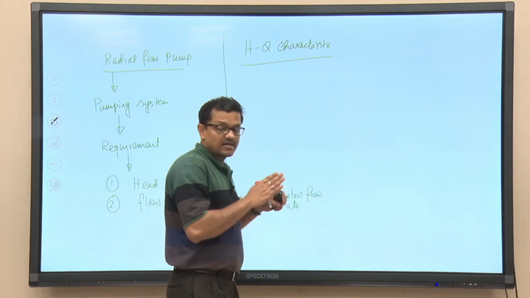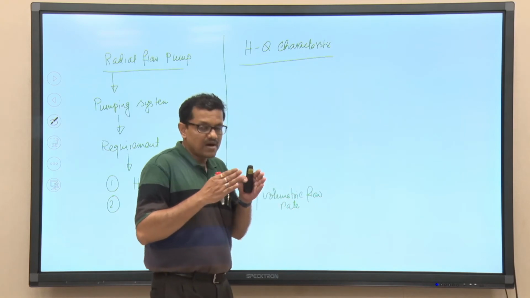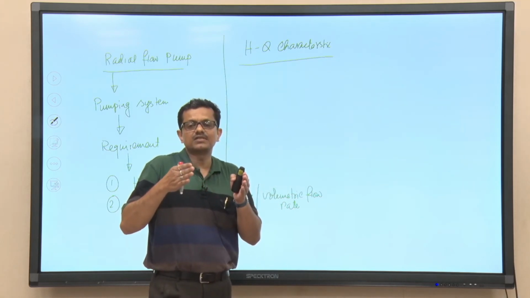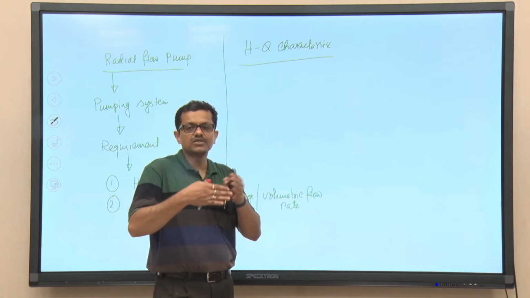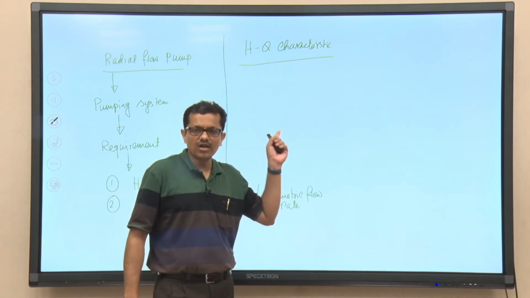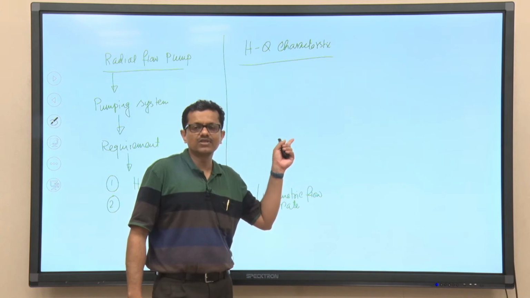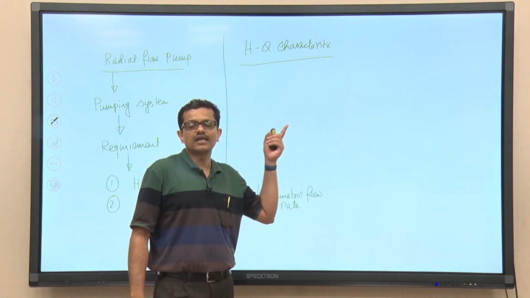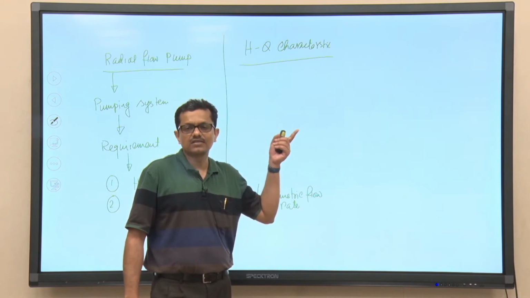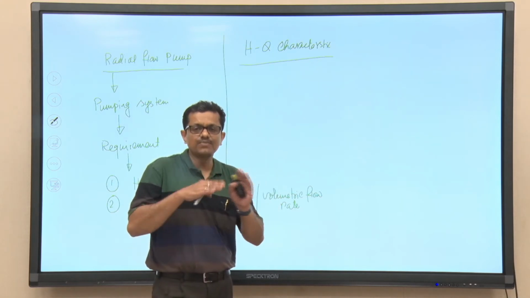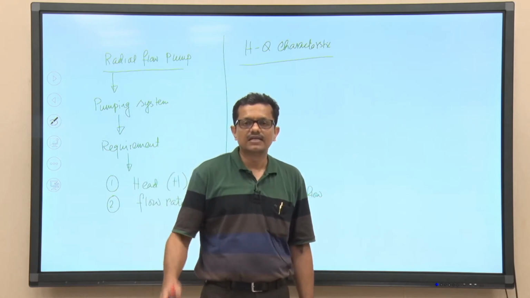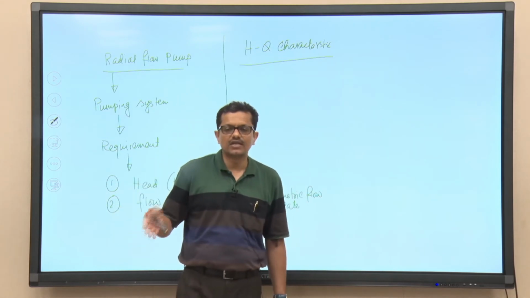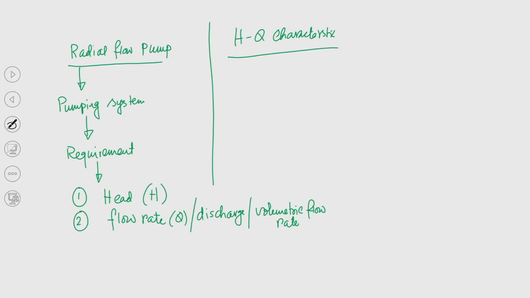And not only that, the pump should also be tested for a wide range of discharge to see what is the head being developed by the pump, and from those data this H-Q curve will be prepared. Not only H-Q, we will see soon that along with this curve there will be other characteristics like efficiency versus Q and also power versus Q. So, that information should be available with the pump supplier. So, whenever it is demanded by the end user or the system designer, the supplier will be able to provide these.